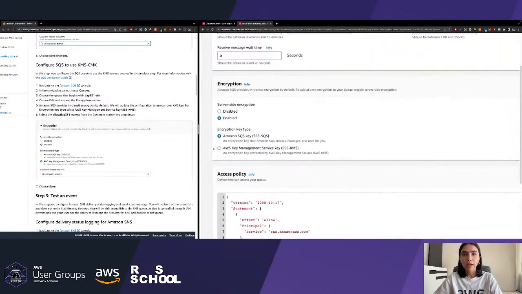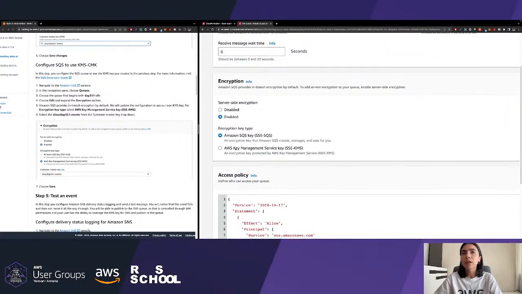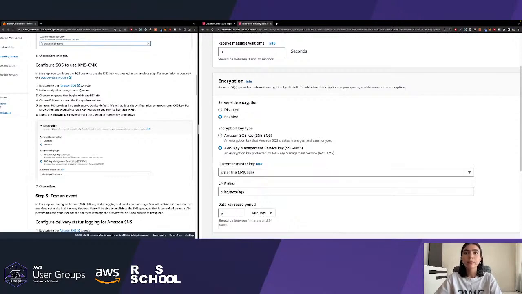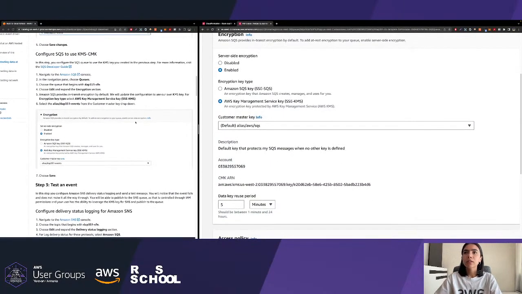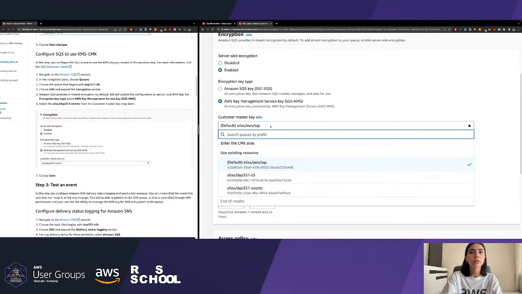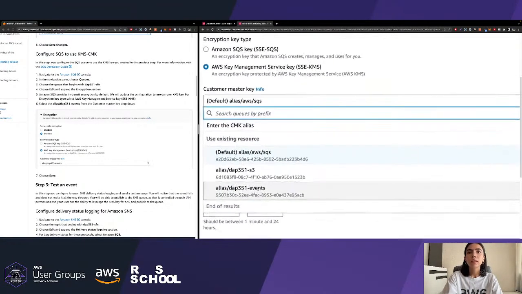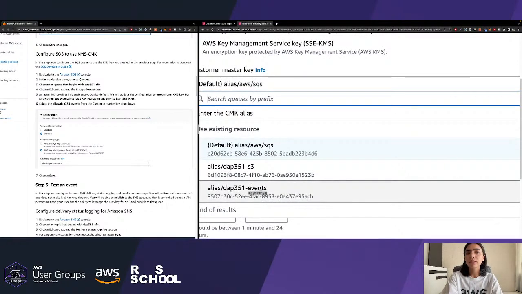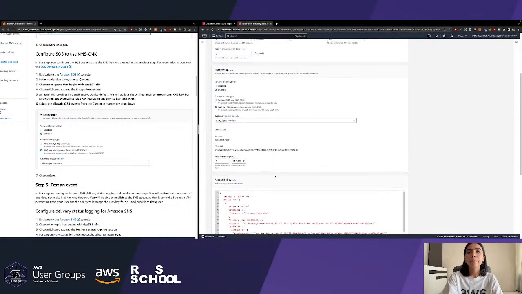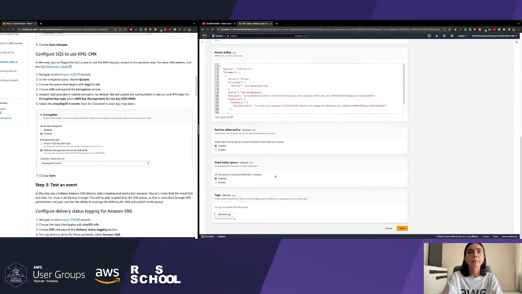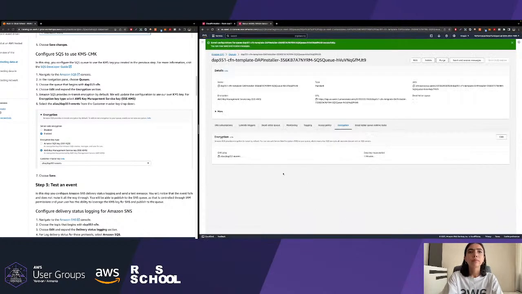So let's just go ahead and choose the AWS Key Management Service key, the KMS keys that we created, sorry. And as you can see, we should choose again the key named events for this SQS encryption. Cool. Just save it and we are good to go.